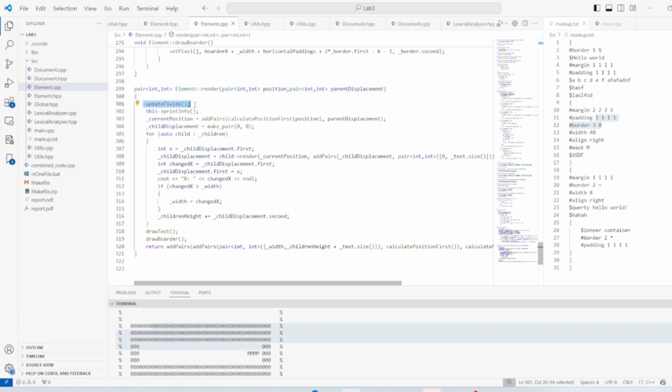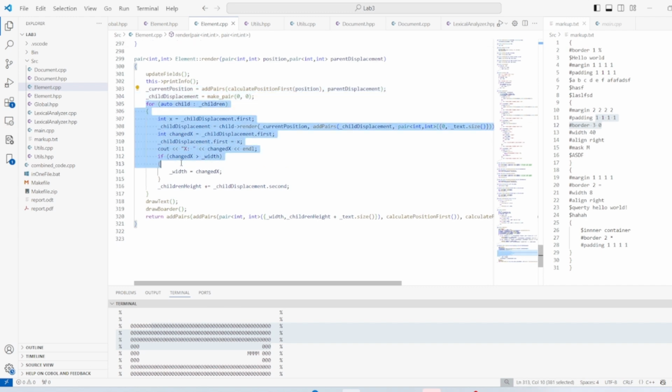And initially there are some update fields. Next, just calculate some position, just to know from which position it's needed to start drawing. And next, for each child, it calls the render method, and also after that there's some returned value,